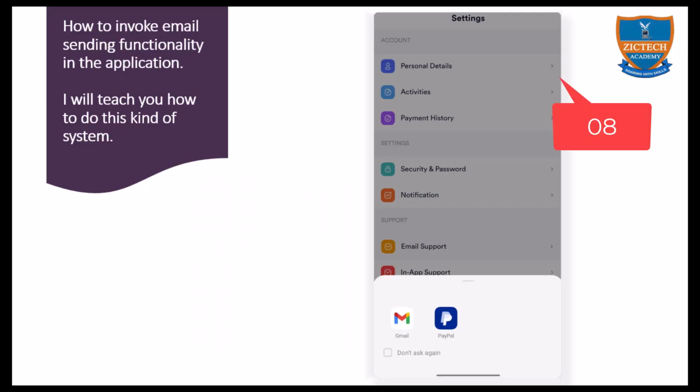In this lesson, I'm going to be invoking email sending functionality within the application. Okay, I will teach you how to do this kind of system. For example,